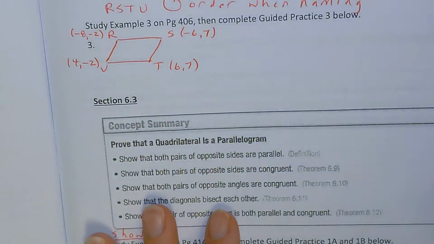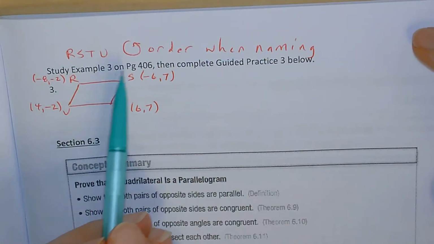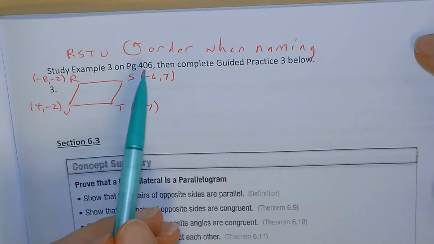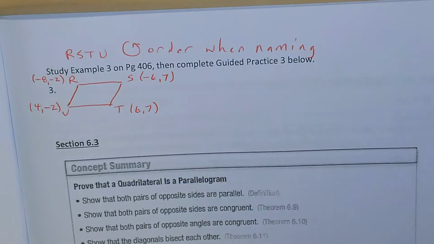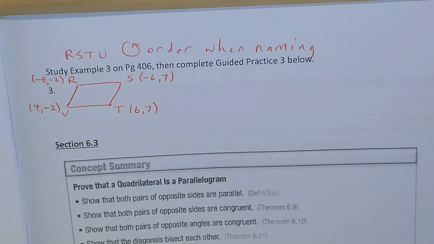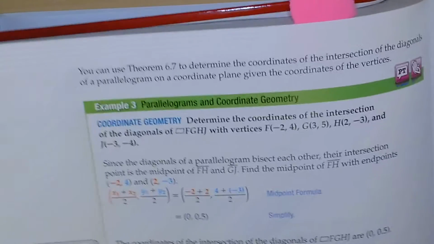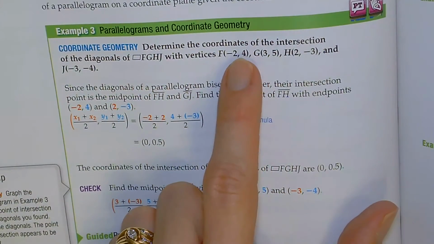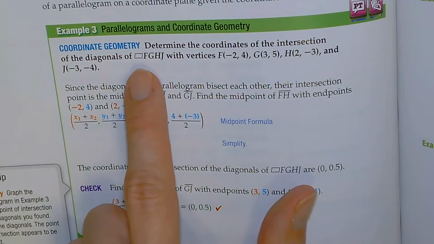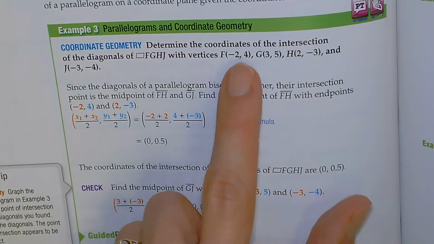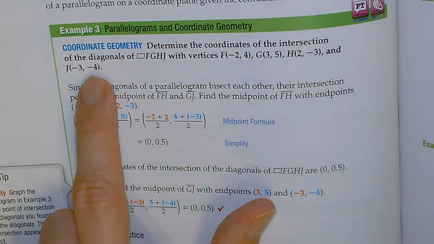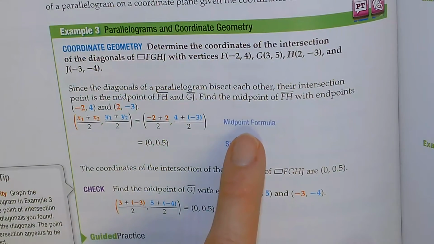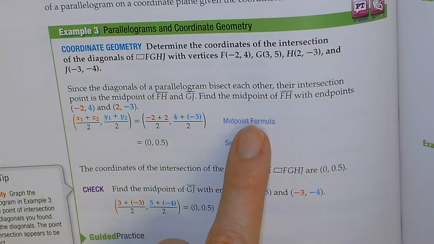Okay, now what I'm going to do is go to this question, and show you what the question says. There's an example on page 406, and I'm going to show you that, and then we're going to try one like it. So this is on 406 in your book. All right, so let me walk you through this example. It says, determine the coordinates of the intersection of the diagonals of F, G, H, J when these are your vertices. All right, so I want to just point out that they are using a midpoint formula,